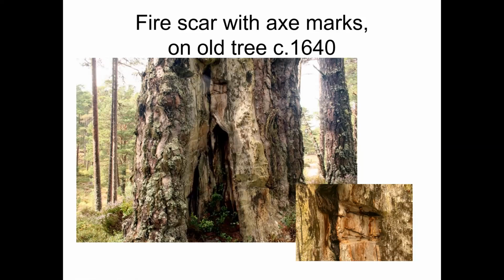One of the things was that the farmers weren't actually allowed to fell timber. They burnt peat to keep themselves warm. There was no felling of timber for firewood. The laird was keen on making sure that the pines were for him for sale and export. But what they did do was, the farmers knew that if a tree was scarred with fire,